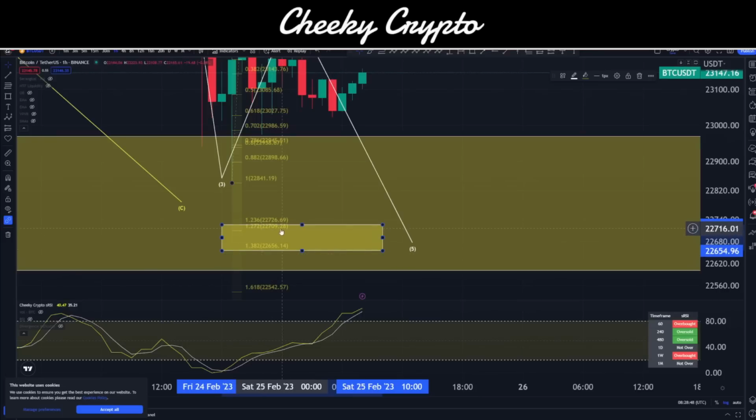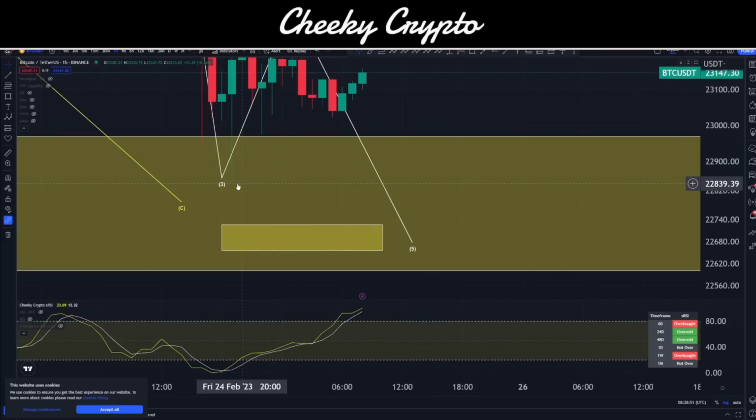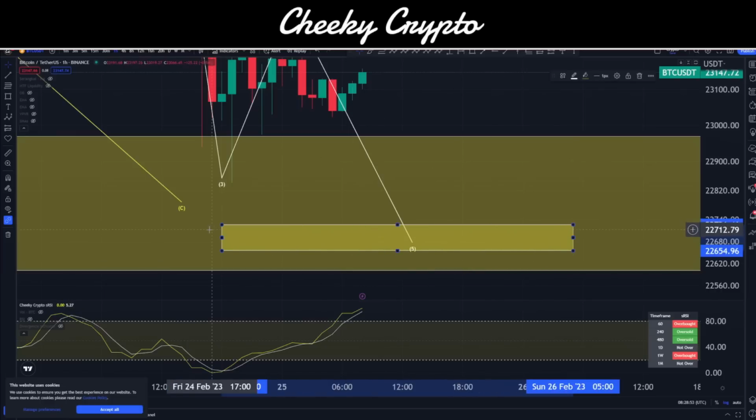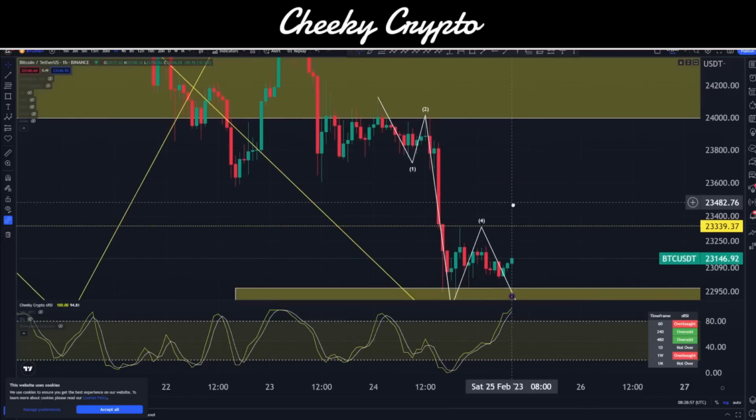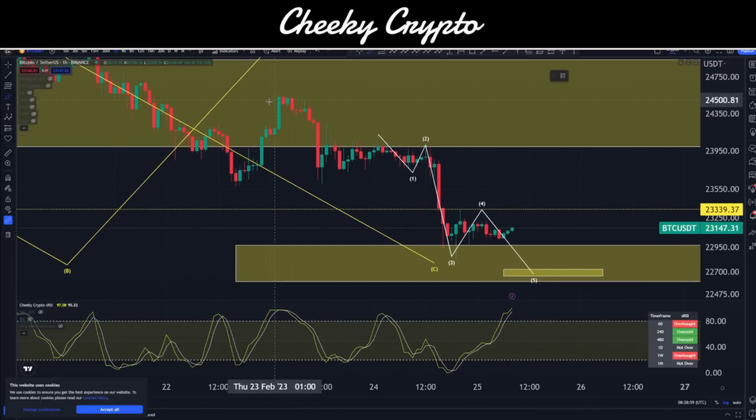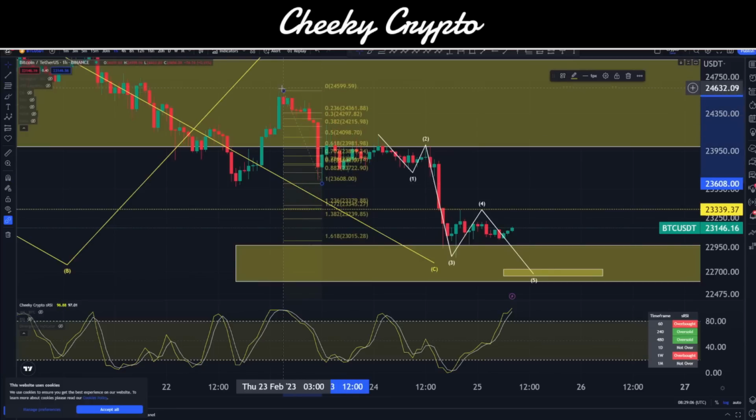22,656 to 22,709. Okay, that would essentially be our 5th wave target. Now, let's go back to the beginning here. That part that I said let's park for now, this bit is important because if we take a Fibonacci retracement from the bottom of this move to the top of this move,